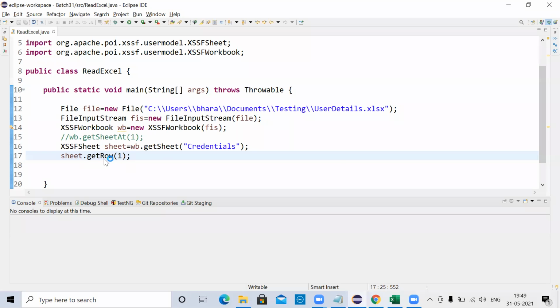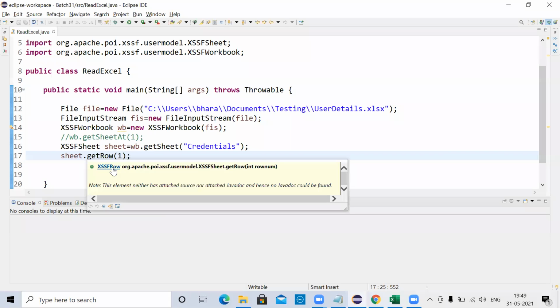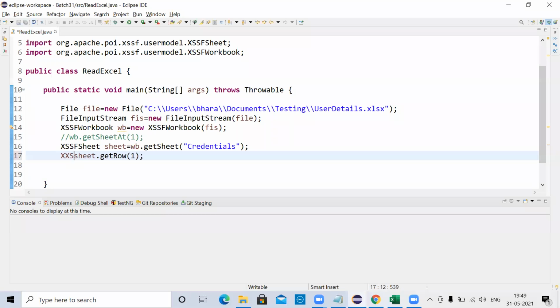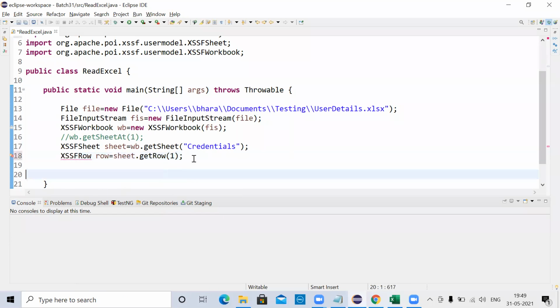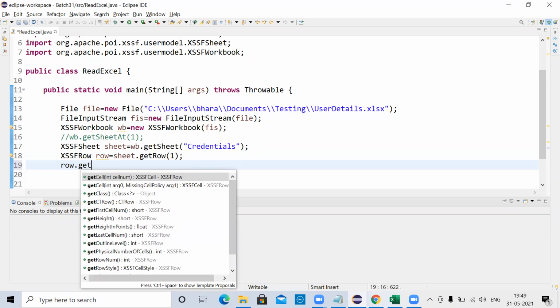Now I'm going into this row, and the return type of this method is XSSFRow. Store this in a row object and import this class. Using this row object, I'm going to a particular cell using the getCell method.